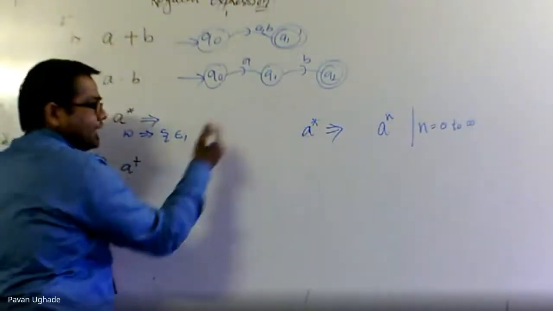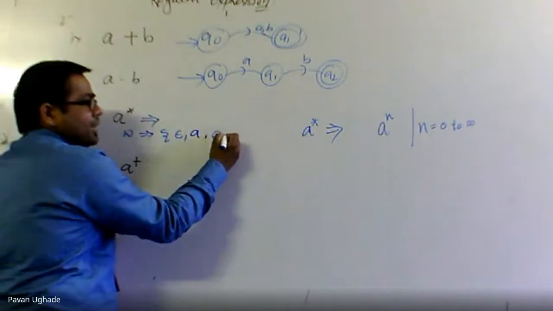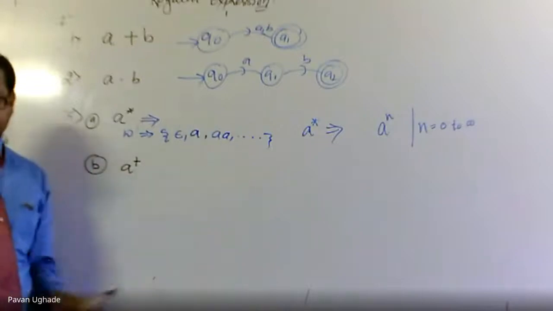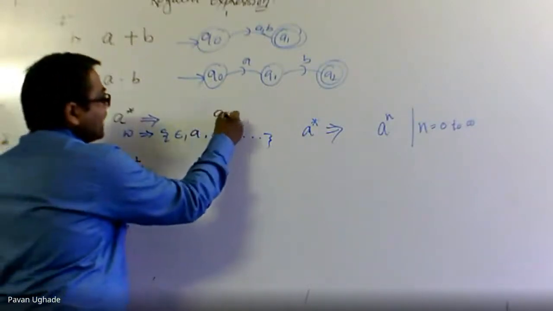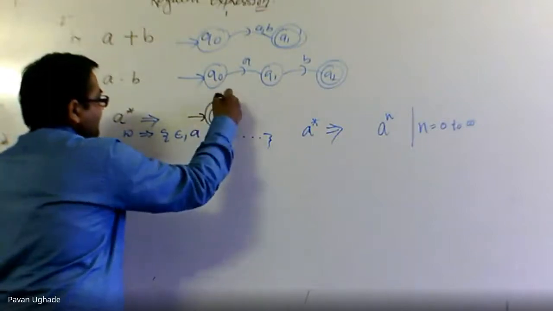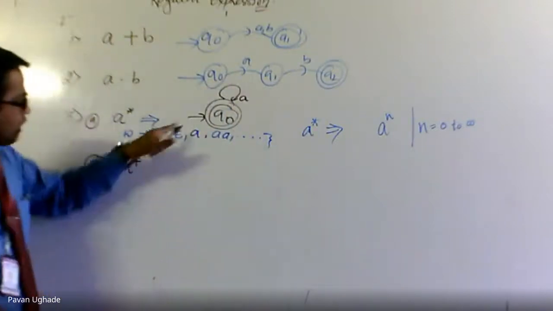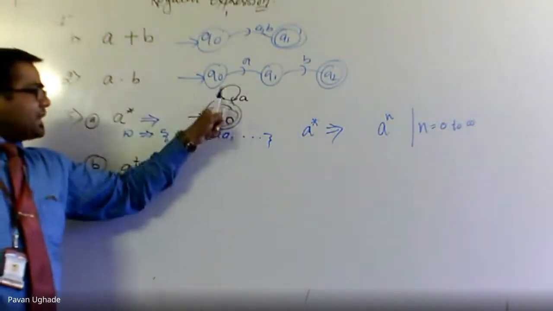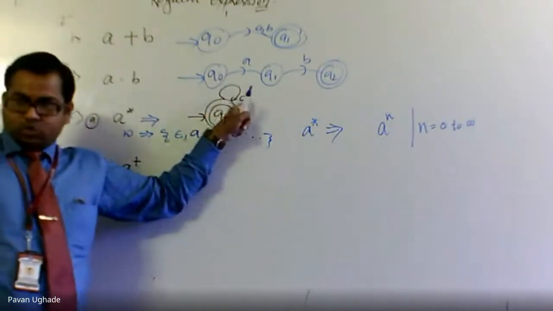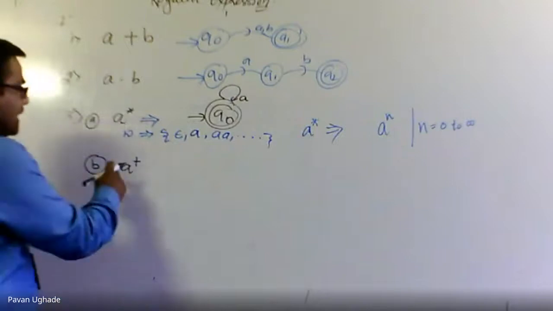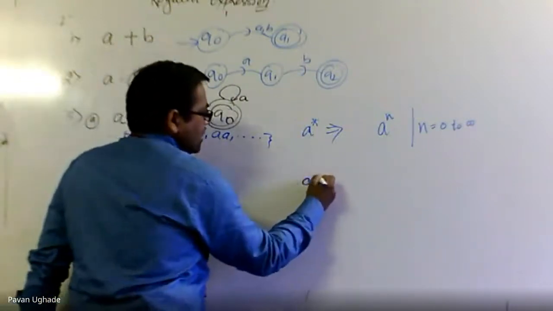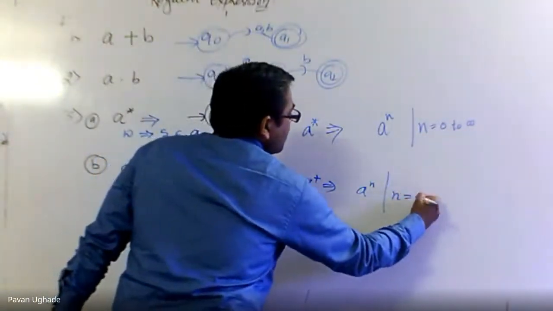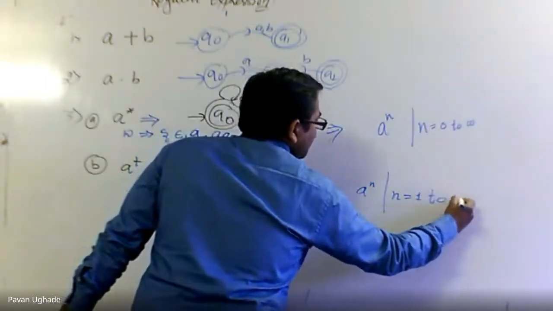Next string, if I put n equals 1, A is accepted. Next A to the power 2, A square, and so on, multiple paths. For this we can represent it like this, as it is initialized in the final state. So here it is A. Without consuming anything, epsilon is accepted. One A is accepted, two A's and multiples are accepted as it is a loop. Clear, guys? Let's talk about the A positive closure. We can represent it mathematically as A raised to power n, where n stands from 1 to infinity.